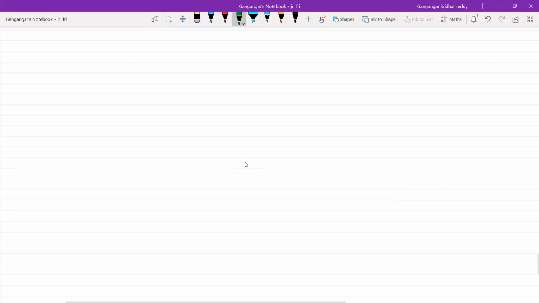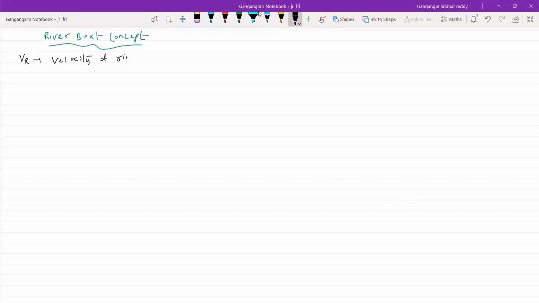Okay, now let's start the river boat concept. Green color. This is the river current, the velocity of the river. A few terms are there, and we'll define them. What is VR? Velocity of river